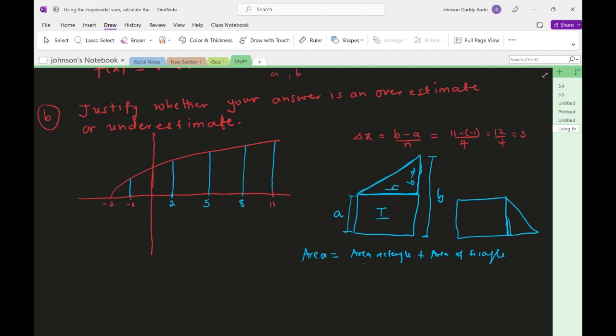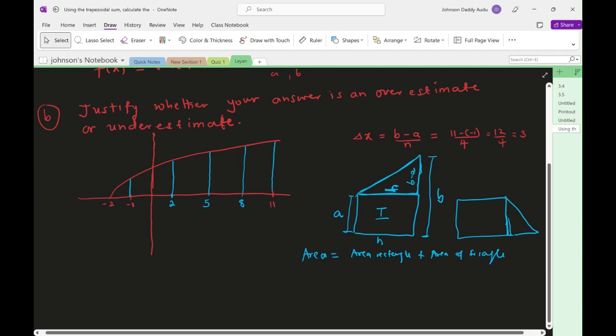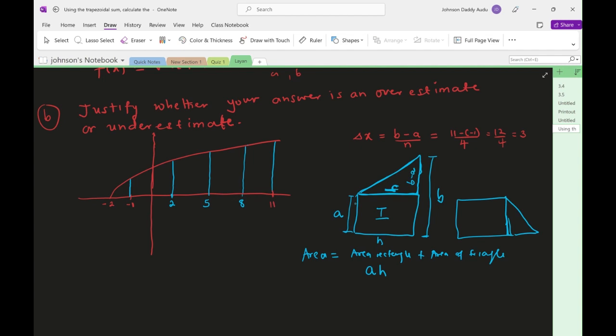Okay, so what is the area of the rectangle? As you can see, if this is h, the height of the triangle, then this is also going to be h. So the area is going to be a times h, because a rectangle is length times breadth. So it's going to be this h times this a. Then plus